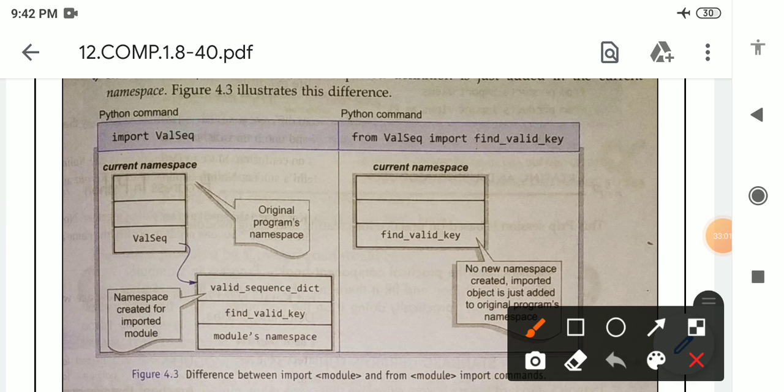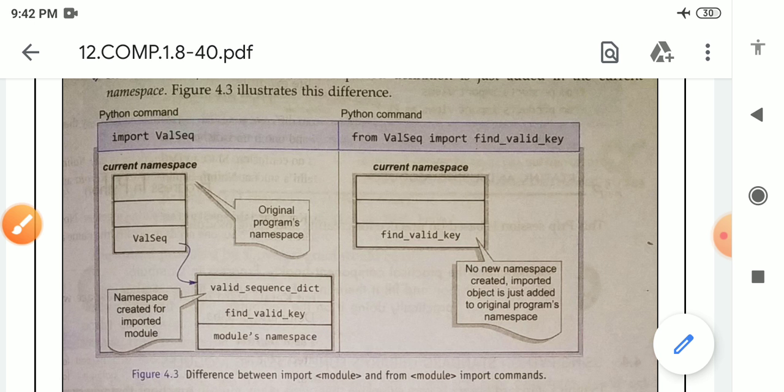Only the object is added, and the name of the object is find_valid_key. So no new namespace is created; the imported object is just added to the original program's namespace.